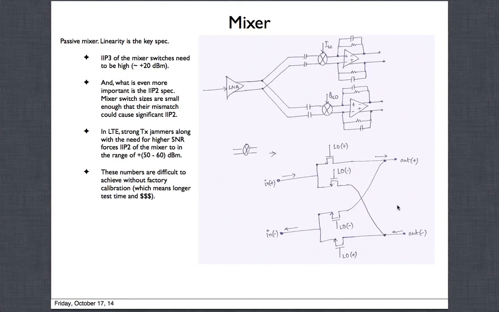Just by design, just by making the switch sizes bigger, we are not able to achieve it. A realistic number is more like 30 to 40 dBm. You can achieve it in, let's say, 65 nanometer, 45 nanometer, 28 nanometer. But once the number goes this high, there is only one way to achieve such big numbers, which is through